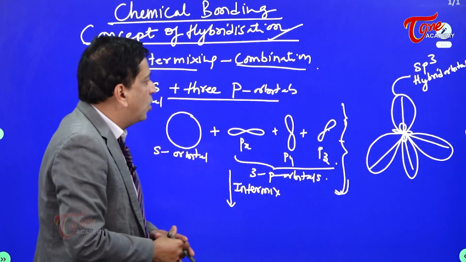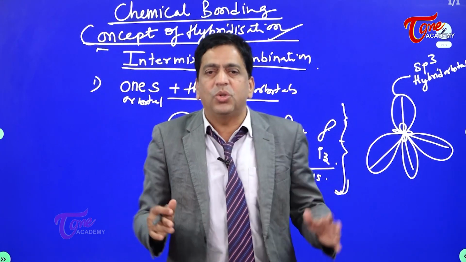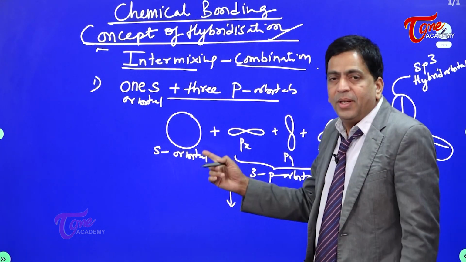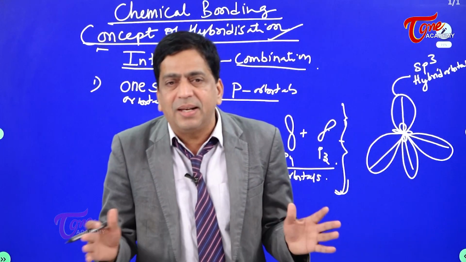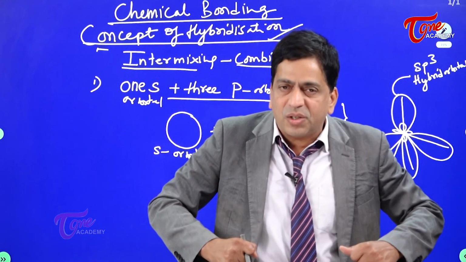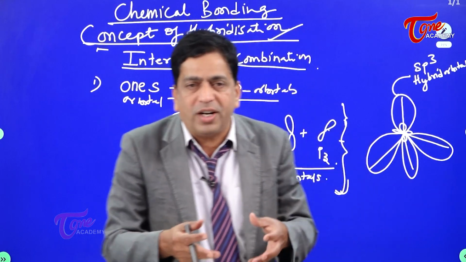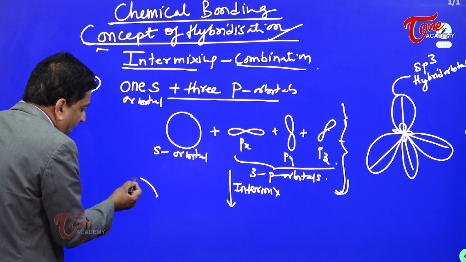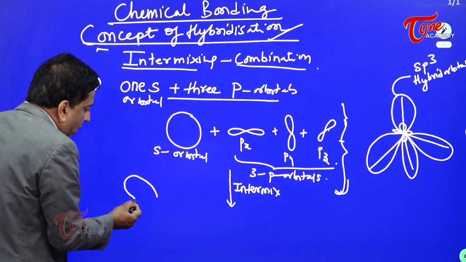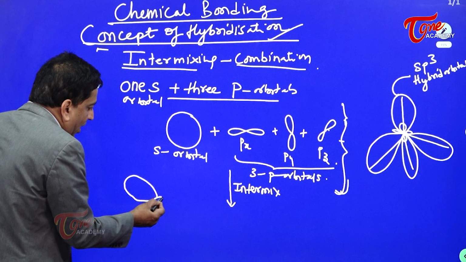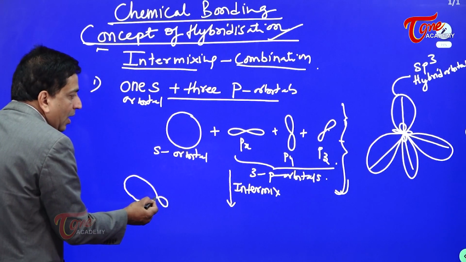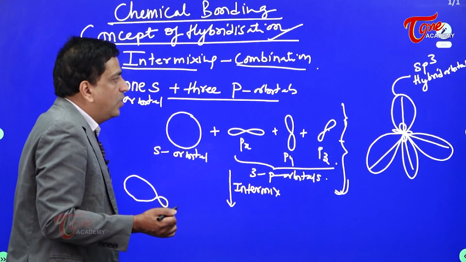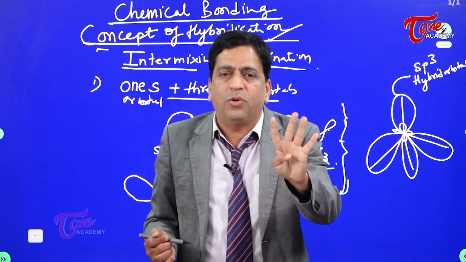And it has acquired the shape of s as well as p. That means the p is actually slimmer. These three are slim. So pure p orbitals are absolutely slim, and the s orbital is spherical, it is fat. So slim versus fat, if you try to mix it, the sp3 orbital will slightly have the shape of an s, a little bit fatter, but not exactly as fat as s, but at the same time has the shape of p. So you must understand, 1 s and 3 p's, when they combine, you will generate 4 sp3 hybrid orbitals,